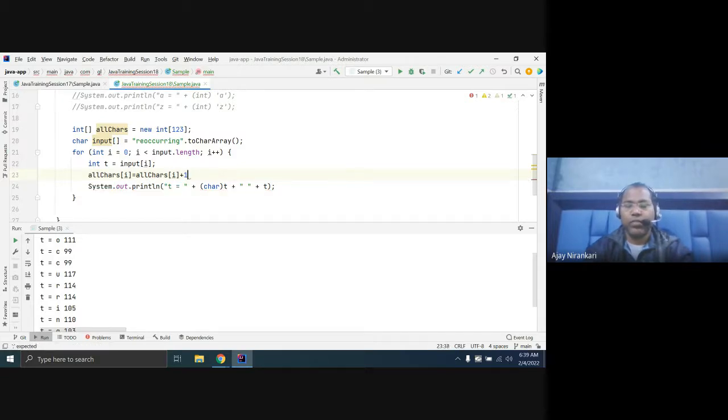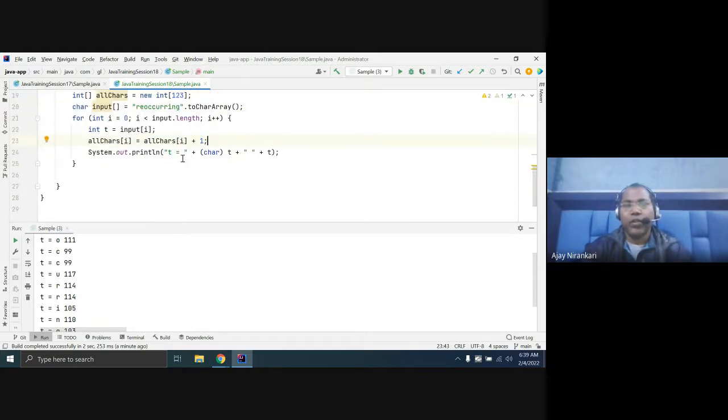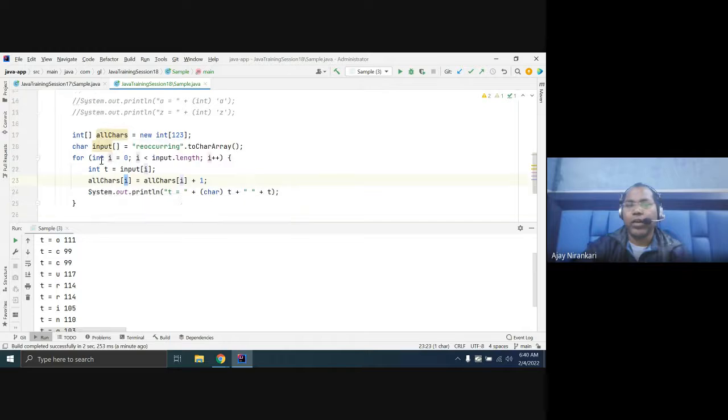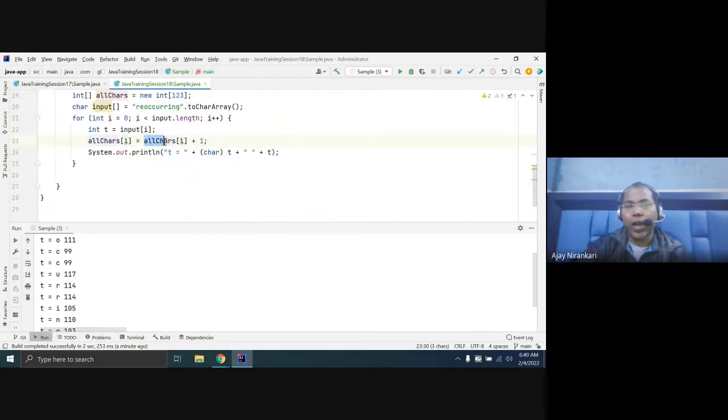When you are iterating each character, you find this index position, so add that index position in your all character array, go to that position, and whatever the value is, just plus one.